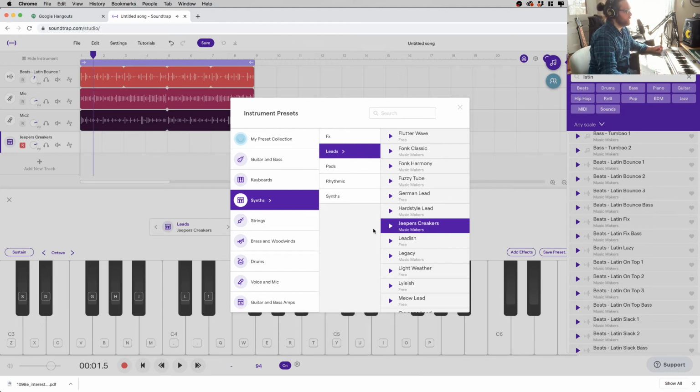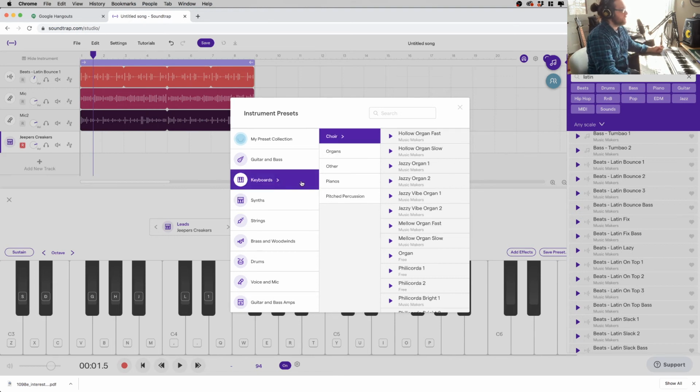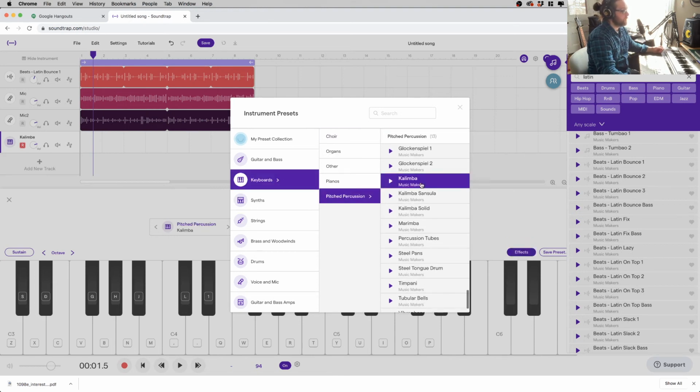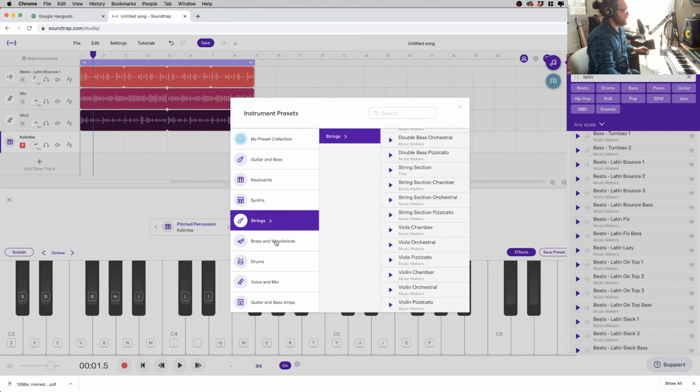Not quite what I'm looking for with this one. I want something more kind of tropical, Caribbean sort of sounding. So I'm going to find myself a kalimba, which is a patch that I found earlier that I like. So that's a nice kind of plucky sort of sound. So you have different synthesizers, strings, brass,